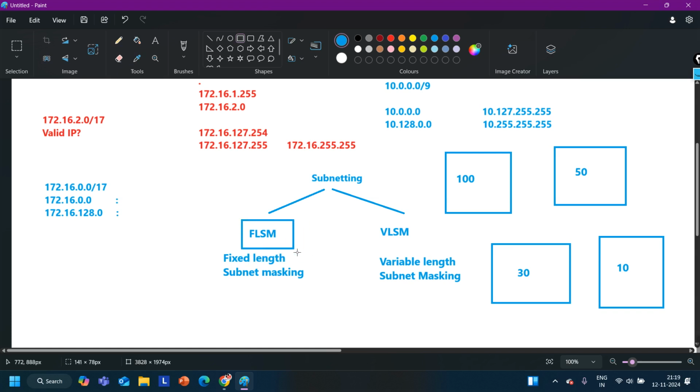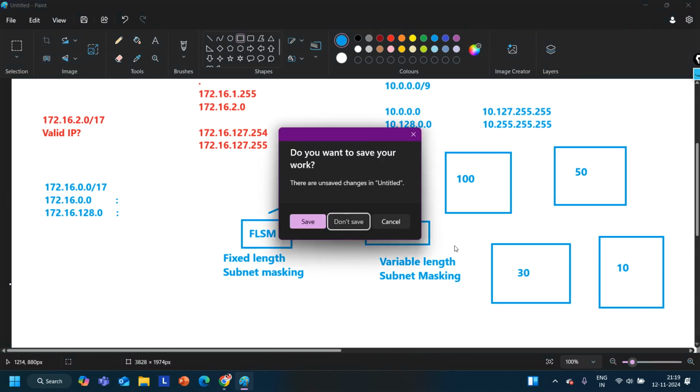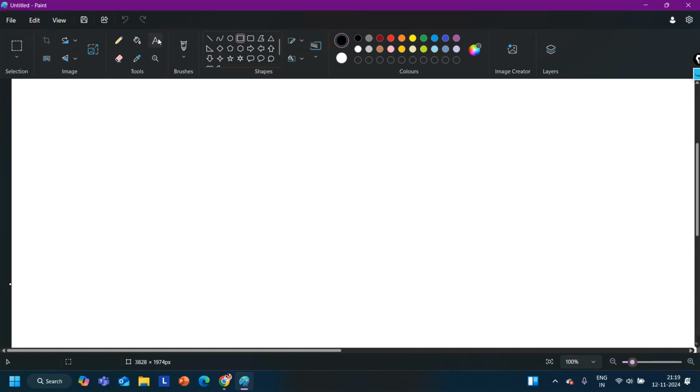So we can divide a network by using both tools, FLSM and VLSM. With the help of FLSM, we can divide the network uniformly, means the length of each network is going to be the same. And with the help of VLSM, we can divide the network variably, right? Like length can be variable. Now